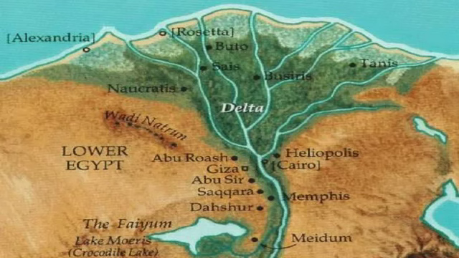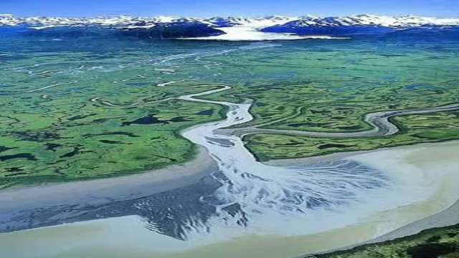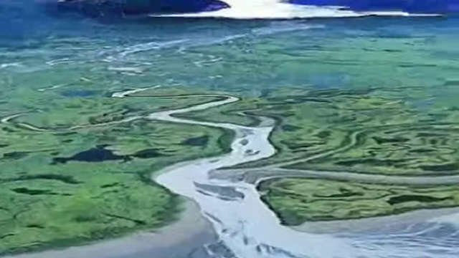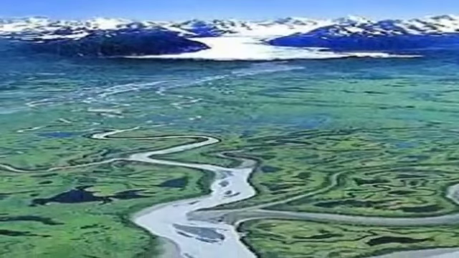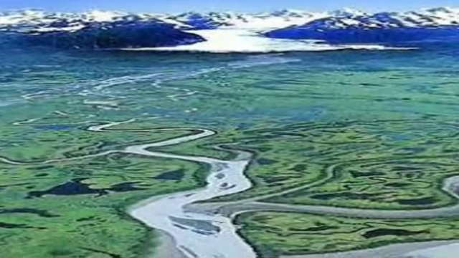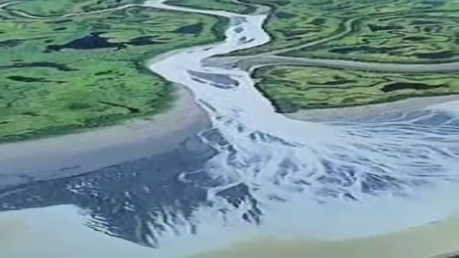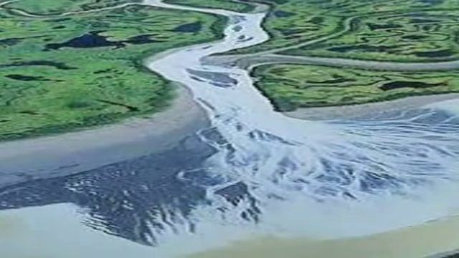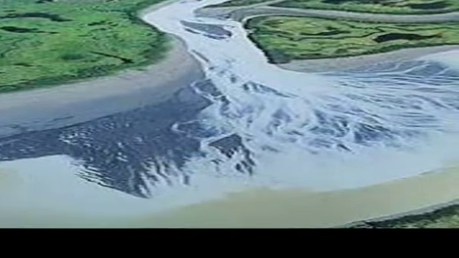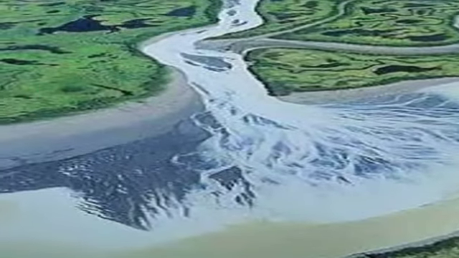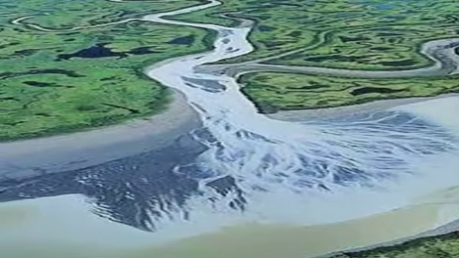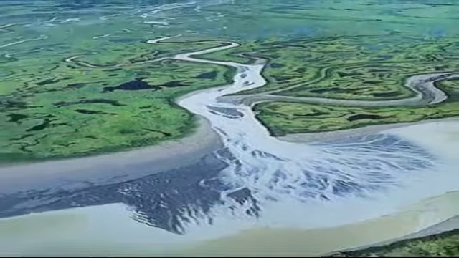So that was all about the journey of a river. So the river starts its journey from the mountains and it deposits its silt in the plains, and in the end it just flows its water in the sea, and in the last it creates a delta. So that was all about the